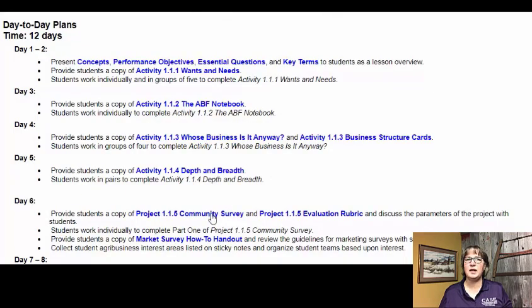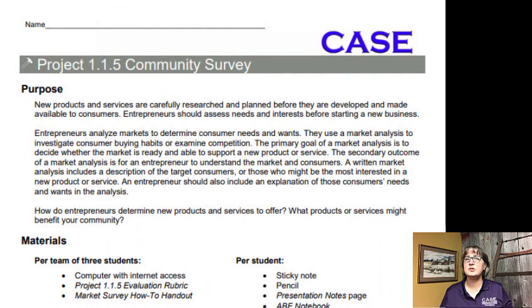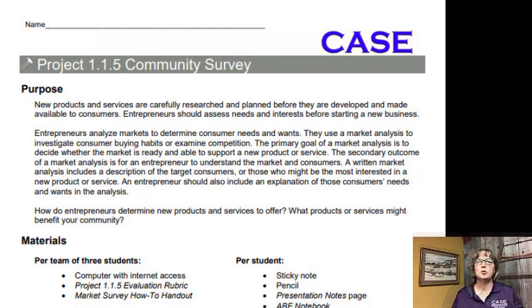Project 115 Community Survey has students uncover which agricultural products or services are needed or wanted in the local community by conducting a survey. Project 115 Community Survey can sometimes seem overwhelming to students and teachers, but it doesn't have